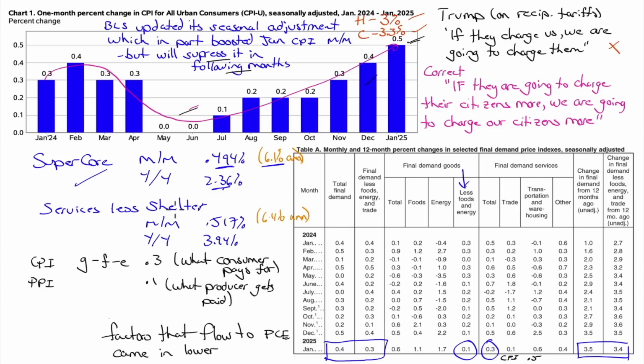Services, just the service category, less shelter, 0.517 month over month, which is 6.4 annualized, but it's only 3.94. Looking over to PPI,